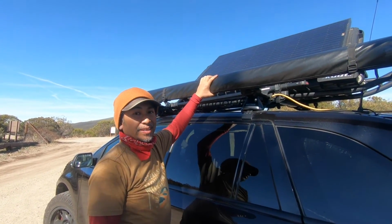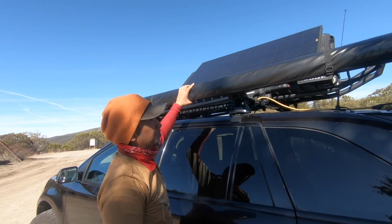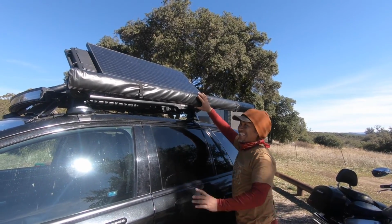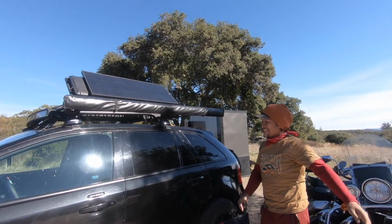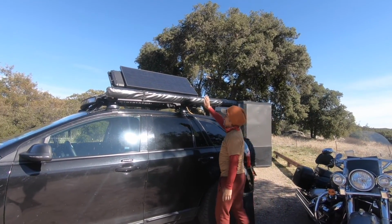And the last thing I have here on the rack is the Yakima Awning. I don't have it out now, but it opens up probably about 8 feet out. It's pretty cool, pretty simple to use. So